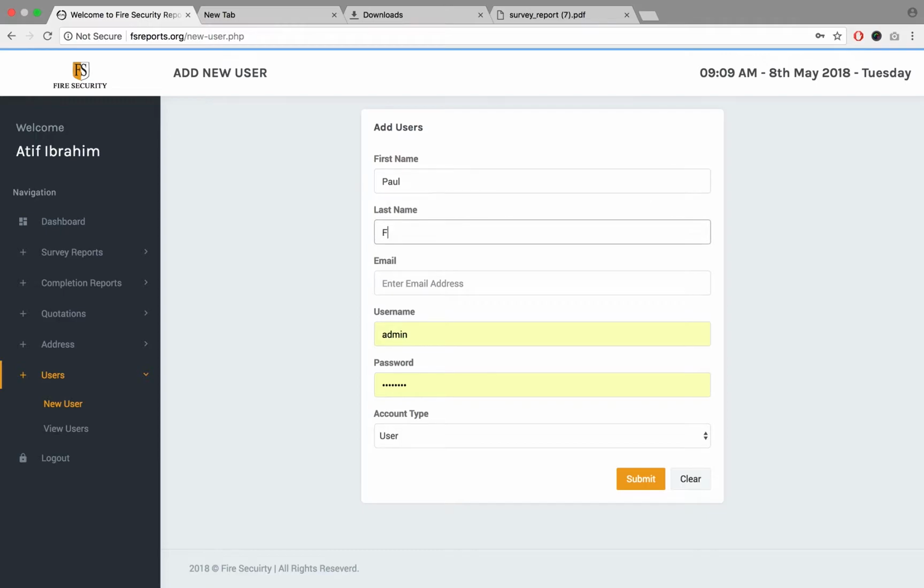Paul. Some like help you out with your name. Filby, Filby. You got it right. Yeah. All right. And pf at fire-security.com. Your username will be Paul. Your password will be, let me just keep it like